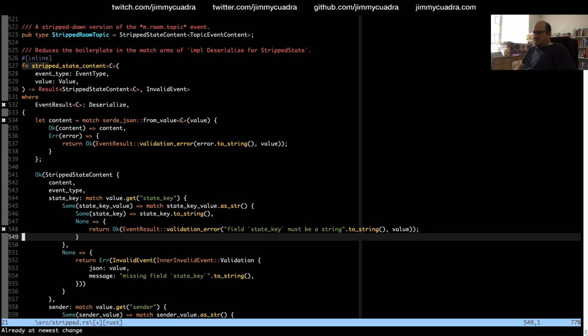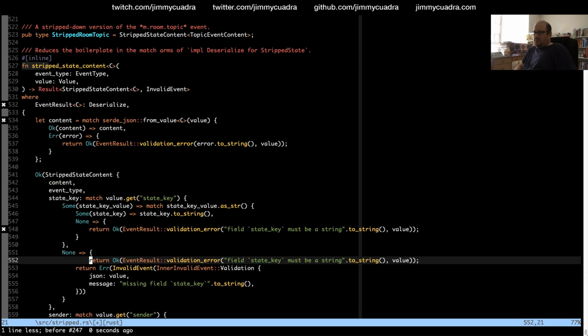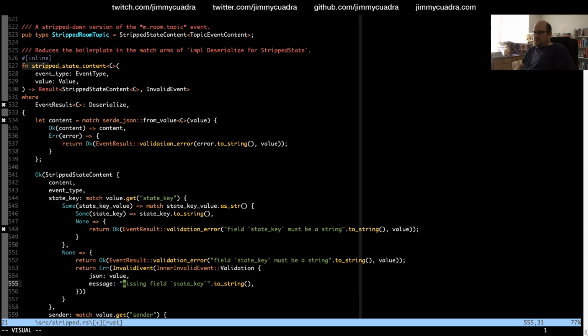Field state key must be a string. And here we want missing field state key.